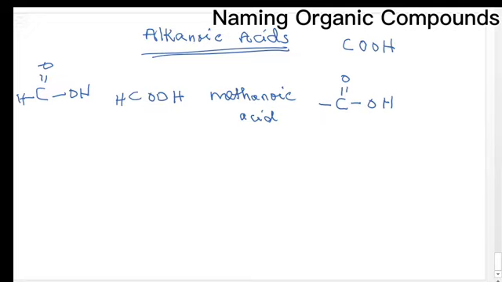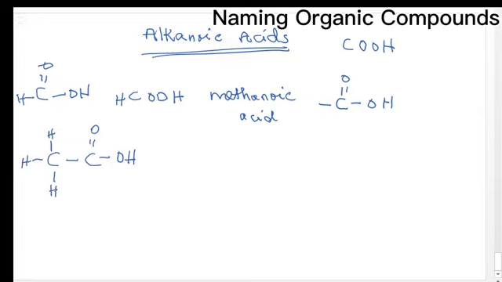an aldehyde or a ketone, as the case may be, depending on the positioning of the OH and the positioning of the double bond. Now, if you have two carbon atoms, carbon 1 and carbon 2, one of them must definitely have a carboxylic group, so double bond O with OH. So this other one must have four bonds, 1, 2, 3, 4, this way. So this is going to be H here,